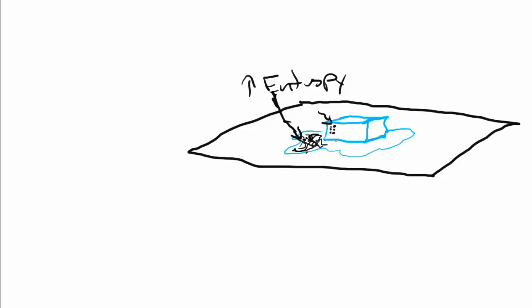Another thing is that as more and more of this ice cube melts, you're going to get more and more liquid molecules. And since enthalpy is the sum, as you get more liquid molecules as the melting proceeds, even if the average kinetic energy is the same, you have more of them. So that also makes the enthalpy of the puddle of water that the ice is turning into go up.